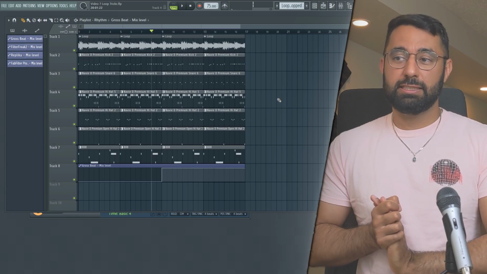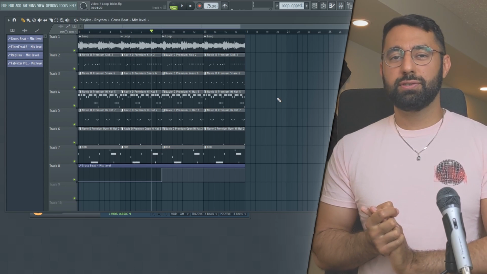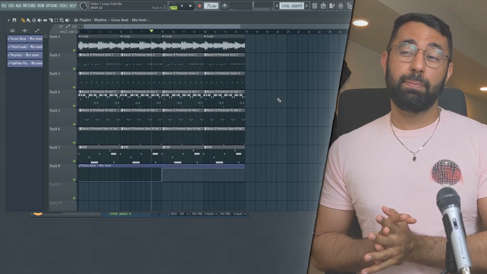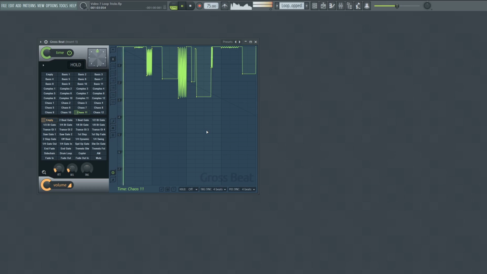So this is a fast and easy way to create some variation in your beat, but based on the pattern that you choose in your rhythm manipulation tool, it can be a bit jarring and disorienting. For example, if I used a pattern like this,